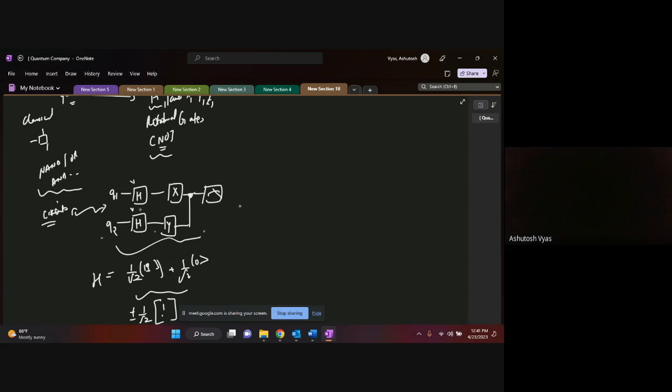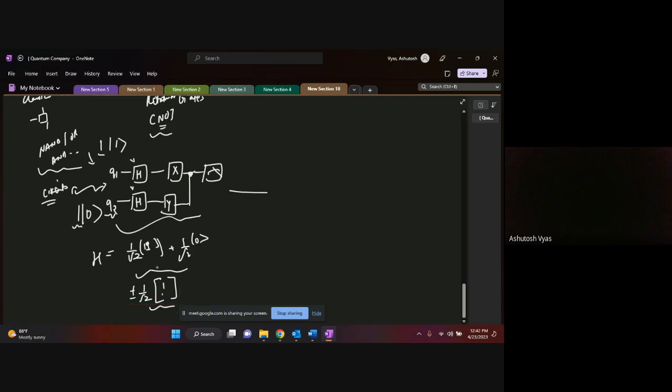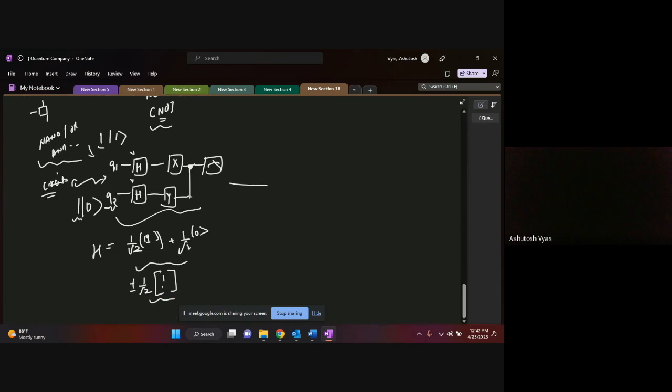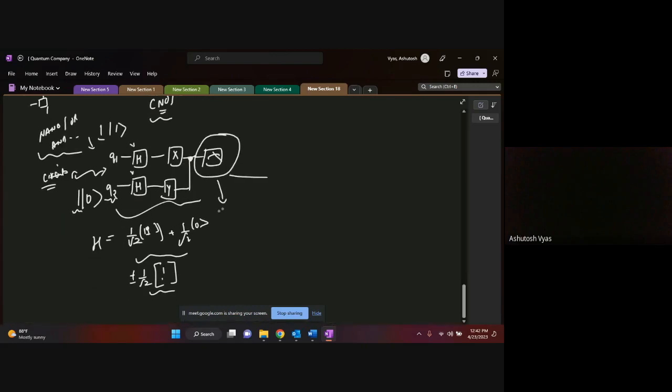So if I try to write it again, this is how your qubits would be looking. Entire probability is 1 in the 1 state only, as I mentioned. And this guy can be totally in your 0th state with a probability of 1. Then you can apply a Hadamard gate just to distribute the probability equally. Then you can perform certain other operations. Then what is this? So this is basically called your measurement.